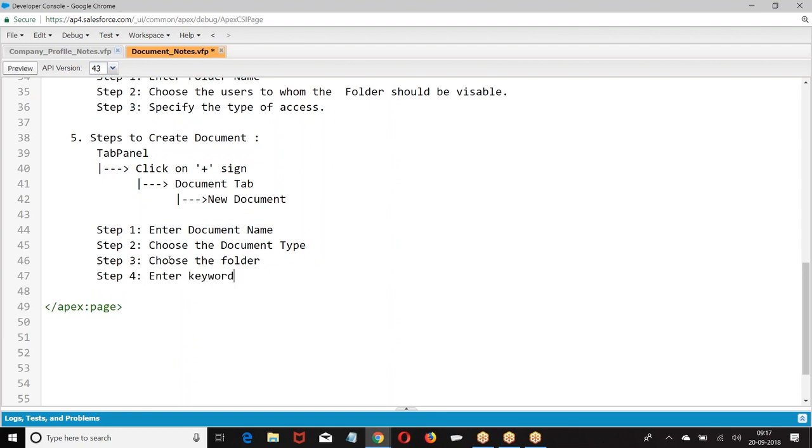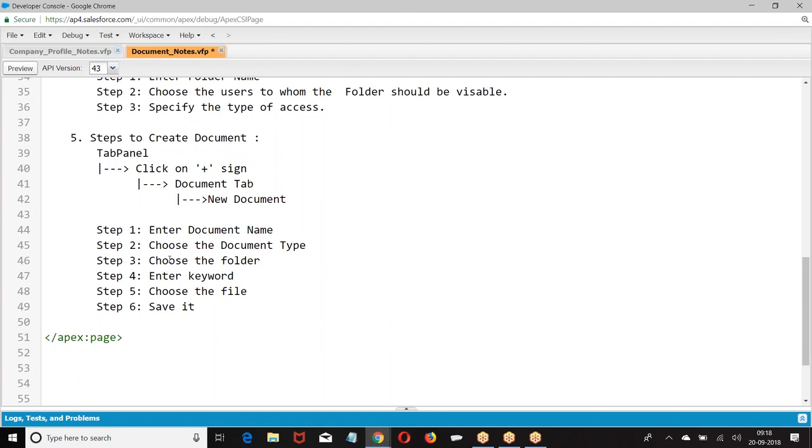What is the purpose of this keyword? Based on this keyword, we can search for the document. Next, choose the file. So this is how we have created a new document.